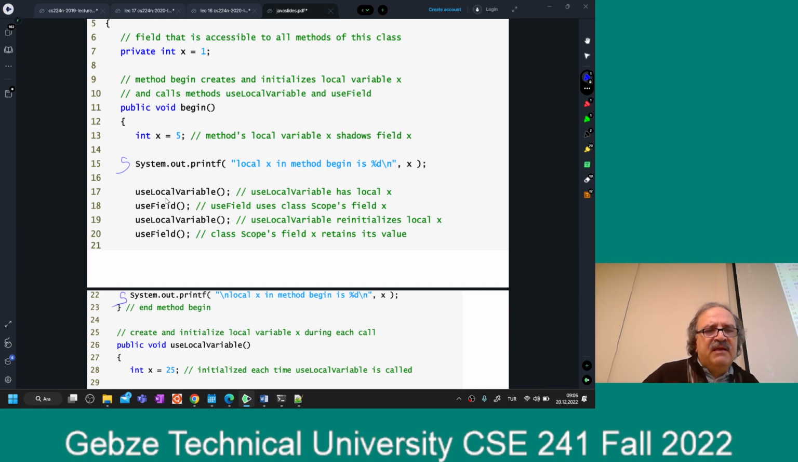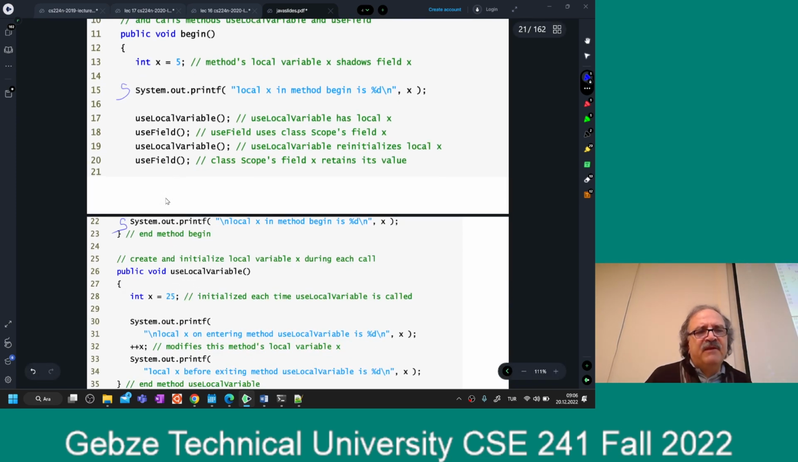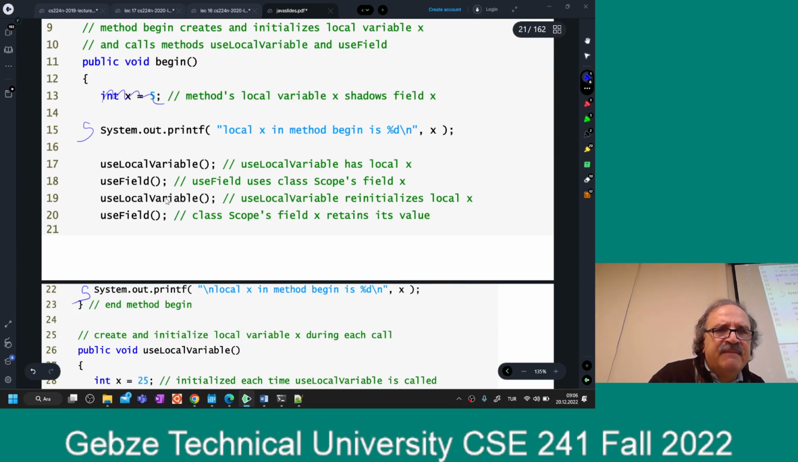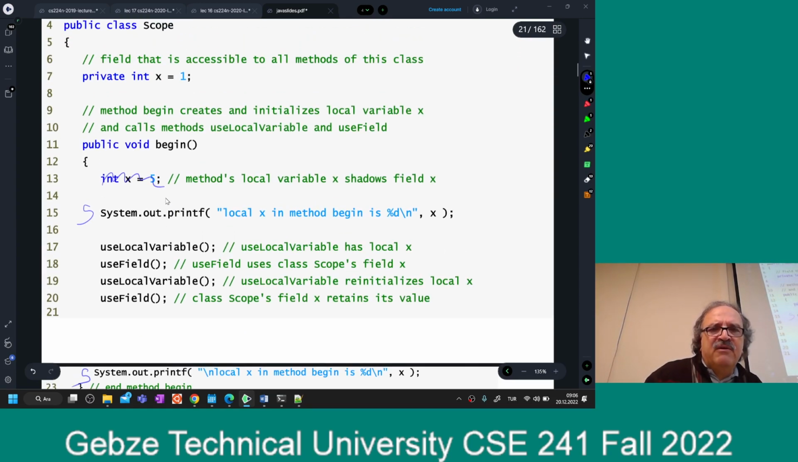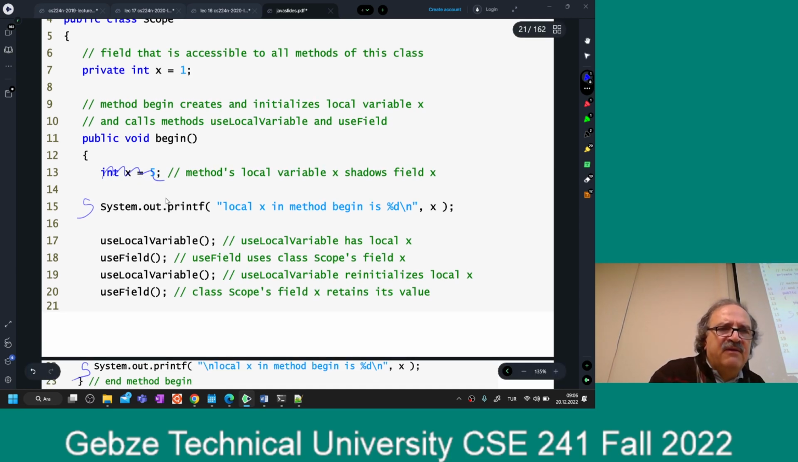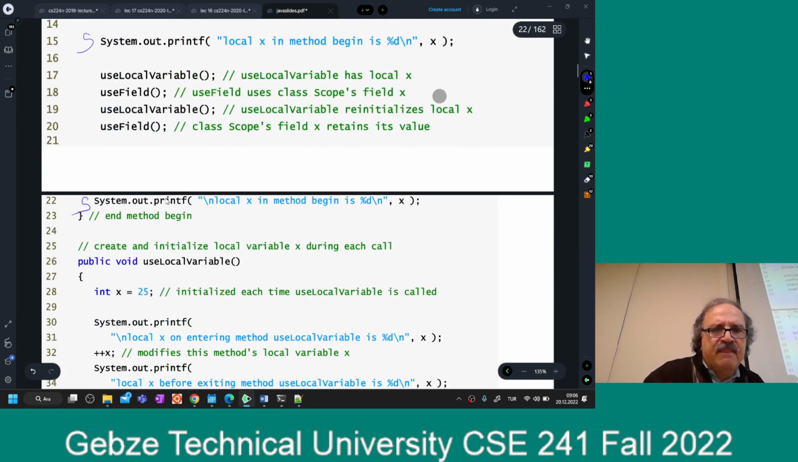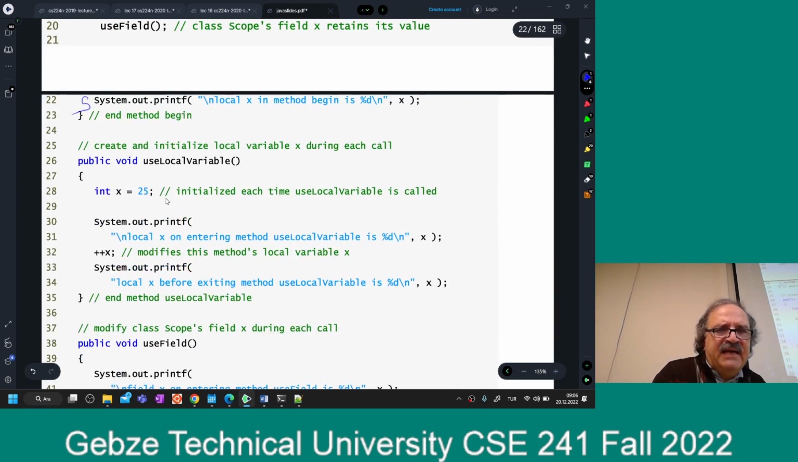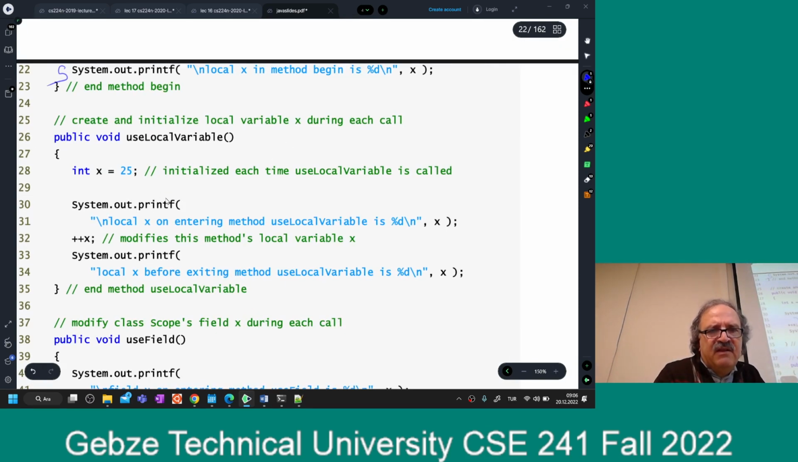But this one will shadow my private field. If I didn't have this line, this one would have printed 1 on the screen, but it is not going to, because I will do this. This one will print